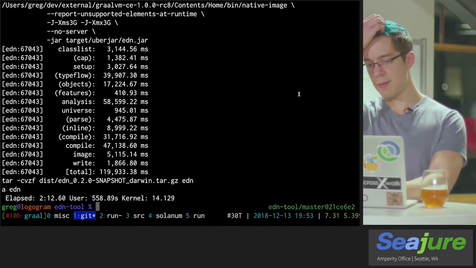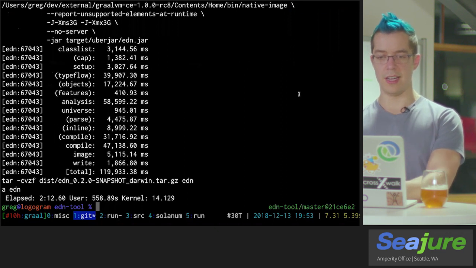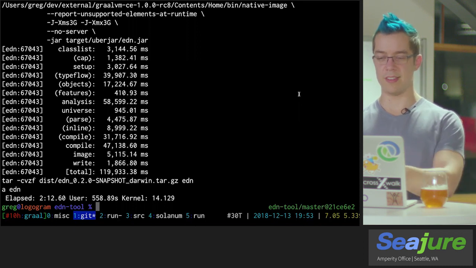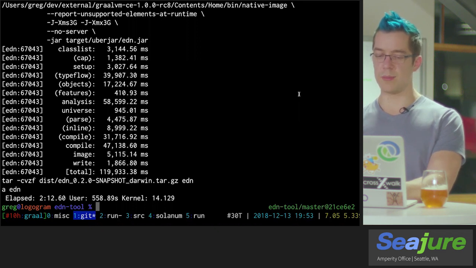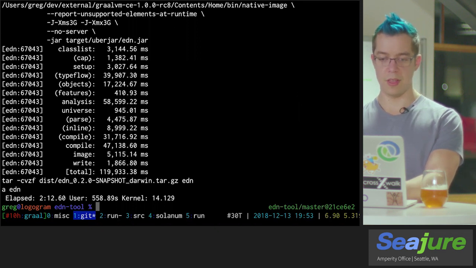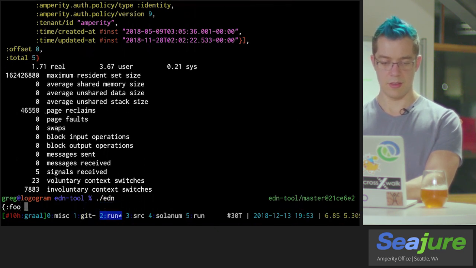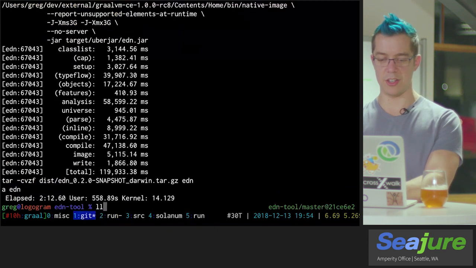So not bad, about 2 minutes to compile a native image of this relatively simple binary, including the time it took us to build the Clojure uberjar. As you can imagine, tracing through all this execution and figuring out how to turn that into native code is not a simple task. So this gets a little bit slower, but mostly takes more memory for more complex programs from what I've seen so far. But now, let's just kick the tires on this thing. Seems to be working. We've built a native binary at the project root.